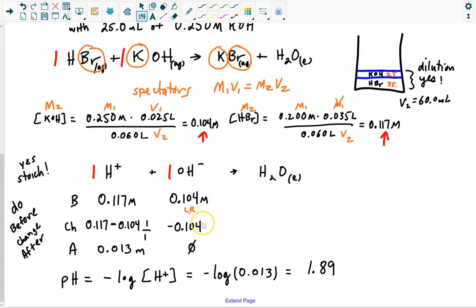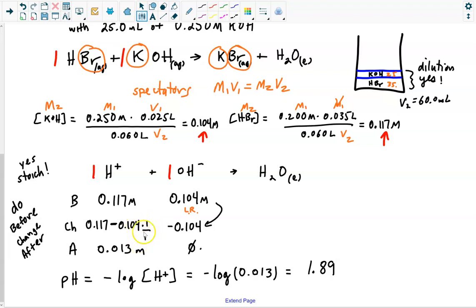When this reacts, what's the change in the OH minus concentration going to be? Well, it's going to go down to 0 after. For some reason there was a dot here in the previous slide, so I stopped the video and erased it. That should be minus. So then what's the change? Well, this 0.117 molar is going to go down by